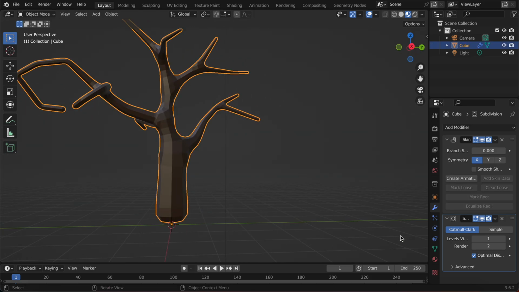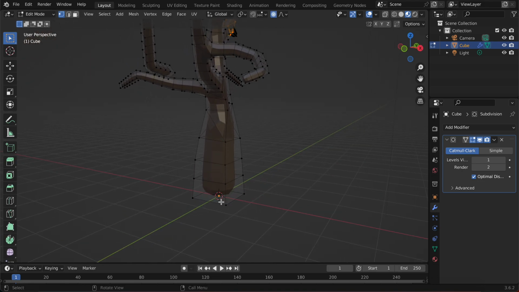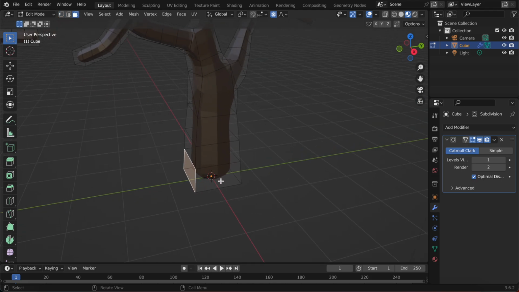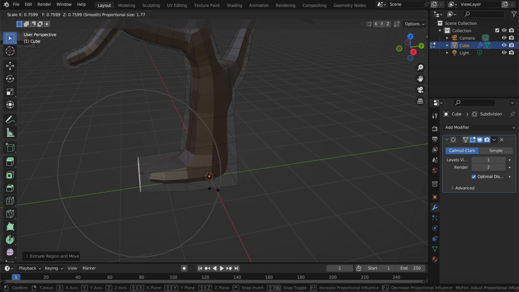I mean, we could take it further. We could apply our skin modifier. That way we will have some faces now. So if I want to make it have more roots, I could grab a face, hit E to extrude, and pull out,